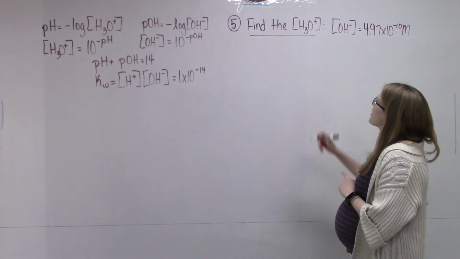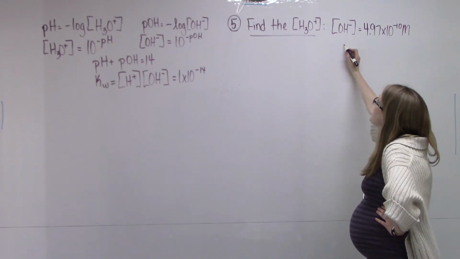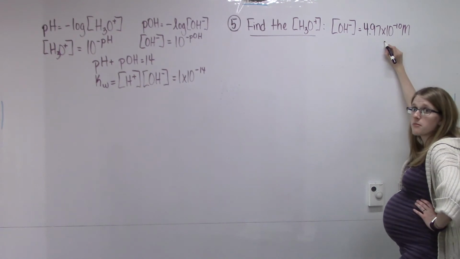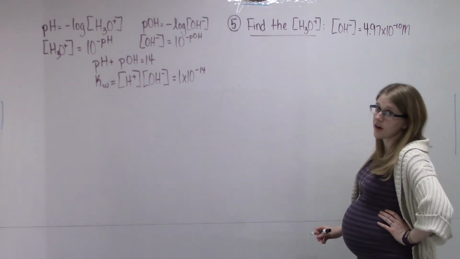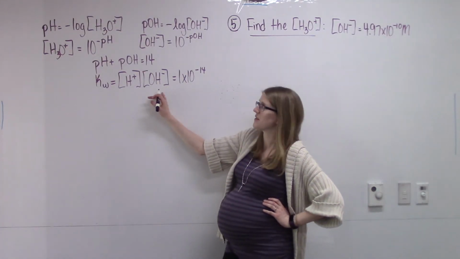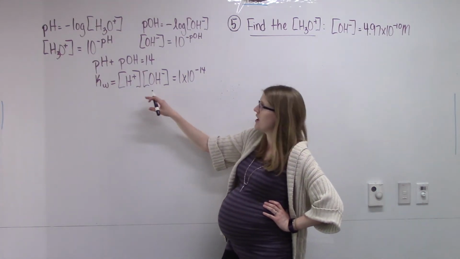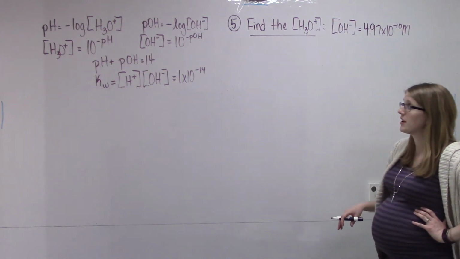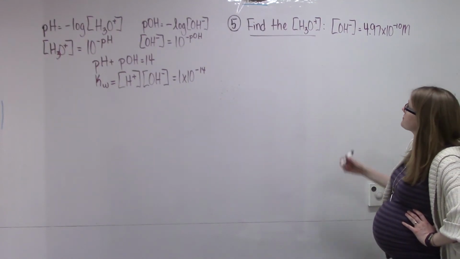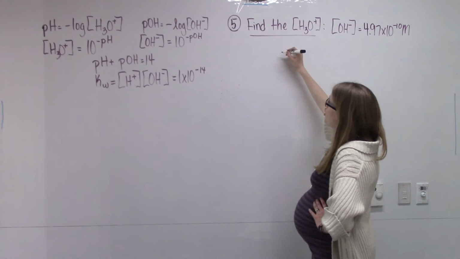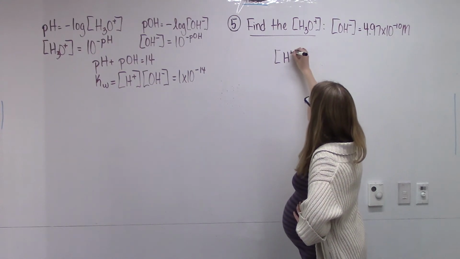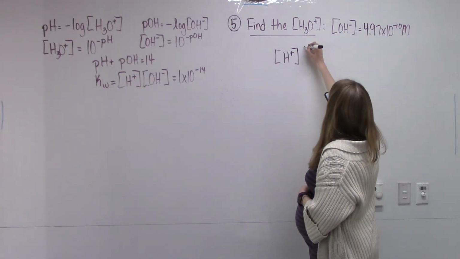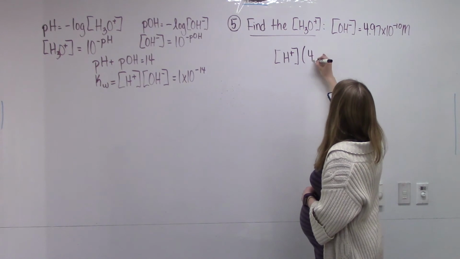So on this one, we have to find the H3O plus concentration. We're given the OH minus concentration as 4.97 times 10 to the negative 10 molar. Okay, here is the formula that you can use. It is in your reference table. It says that when you multiply these two concentrations, you're going to get 1.1 times 10 to the negative 14. So we are given the OH minus concentration. We're trying to find the H3O plus concentration. Now you remember H3O plus and H plus in this class are used interchangeably. So that concentration times the OH minus concentration